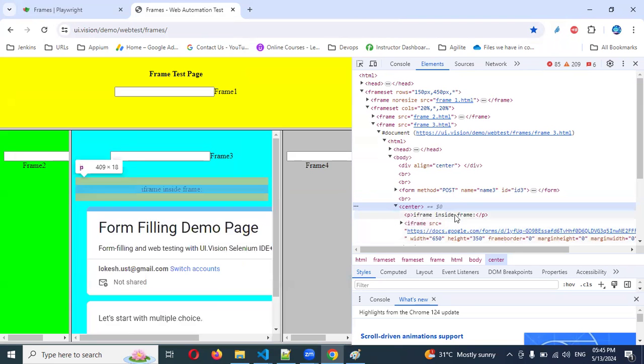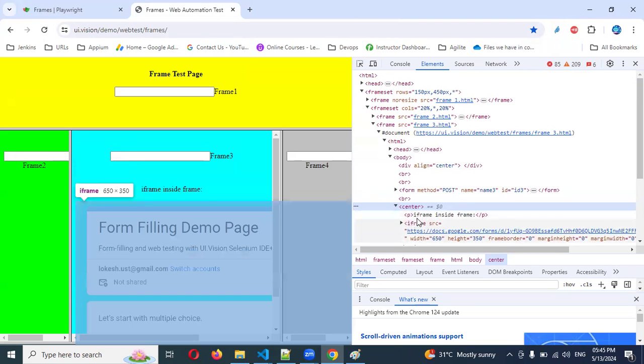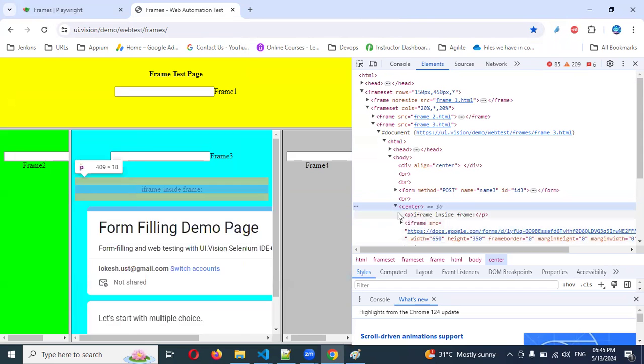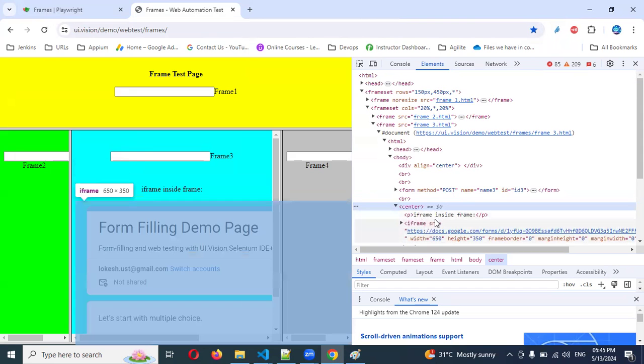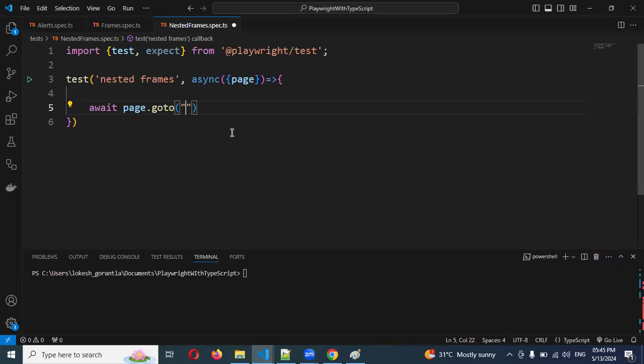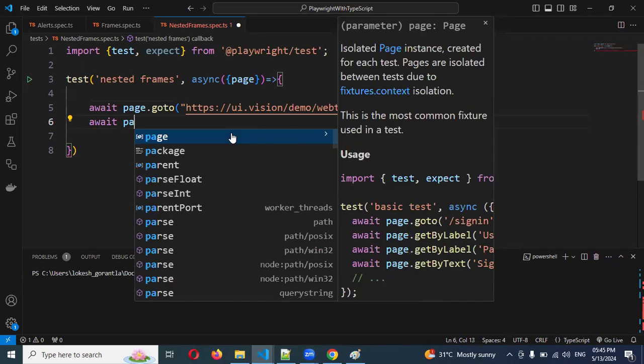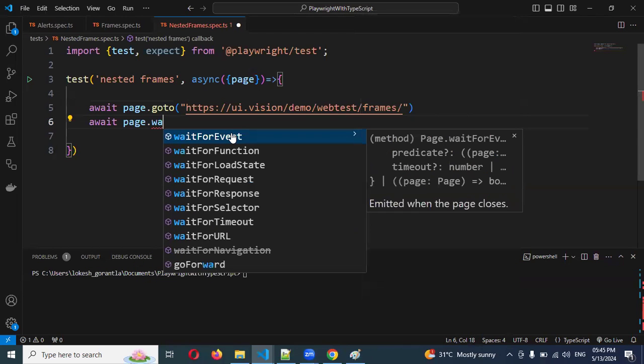You can see an iframe inside a frame. They have mentioned this in the description of that particular frame. We can navigate to this location and identify it. Now I'm going to specify this URL, and then we need to specify some wait, page.waitForTimeout,